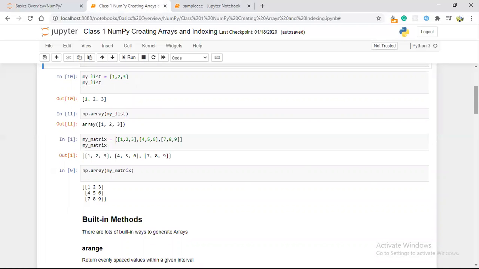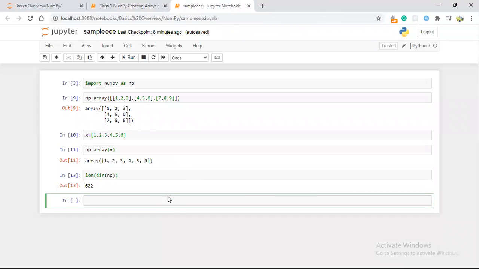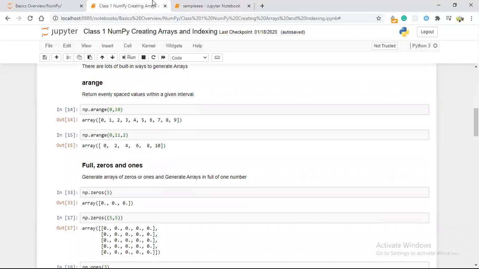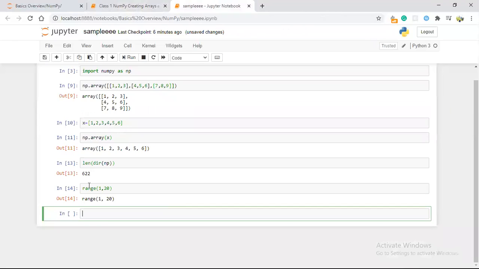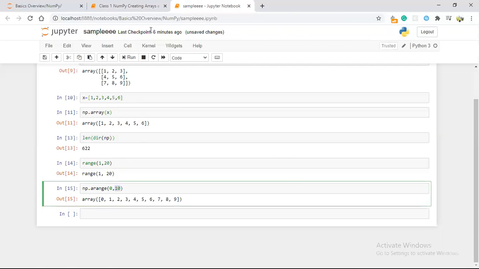So the next thing we are going to do here is start with some important and basic inbuilt functions of NumPy. We know range of 1 comma 10 in Python, which gives a particular range, 1 to 10, in your for loop. The same kind of thing you can do in NumPy as well. So numpy dot arange, I am just giving 0 comma 10, and you will get that list from 0 to 9, always with the last value excluded.